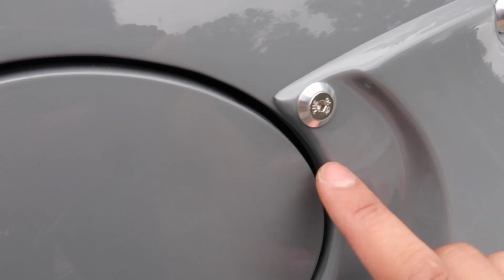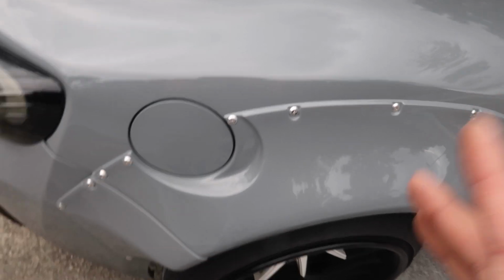So I'm running Downstar hardware, and this is the best hardware I've ever had on the Rocket Bunny. If you guys have been following me since day one, you guys know that I used regular rivets, which looked horrible, and not to mention I could not take off the wide body kit because you would have to drill them out. When my car got into the hit and run, I decided not to do the rivets anymore